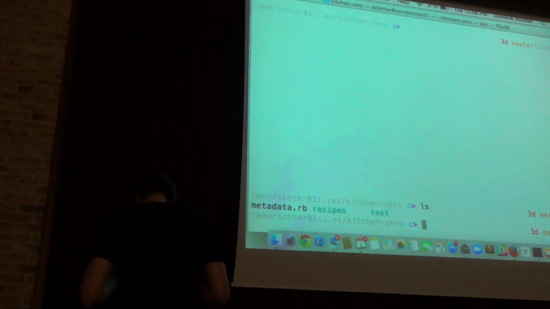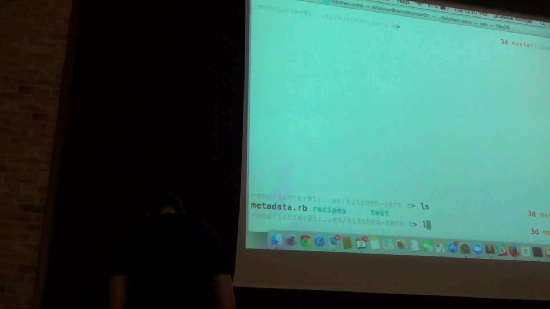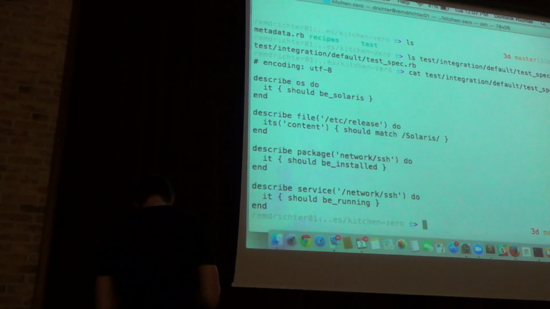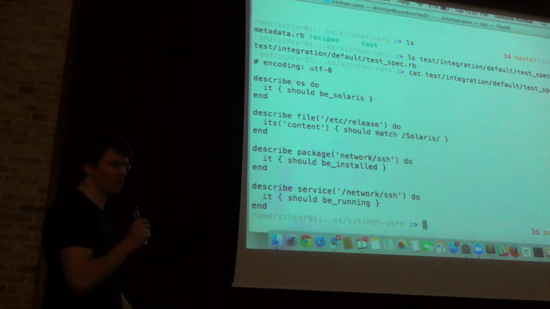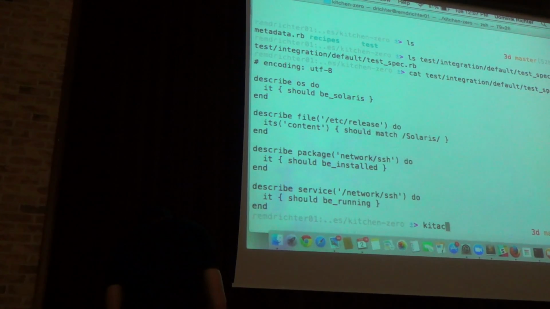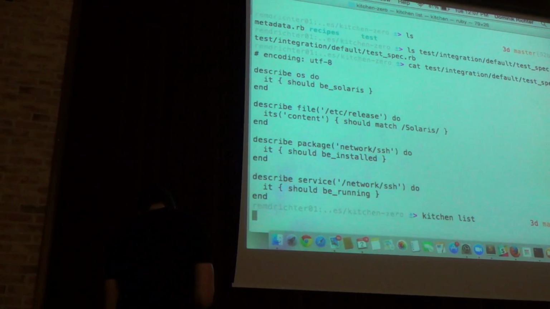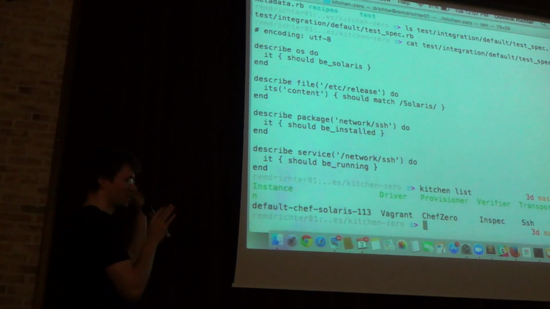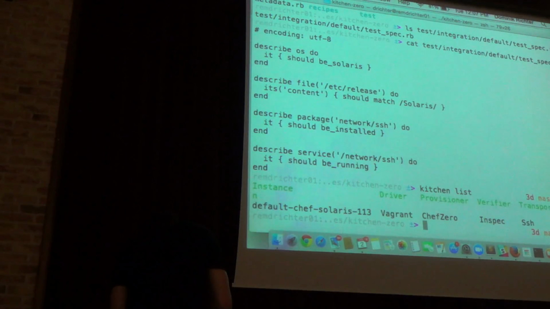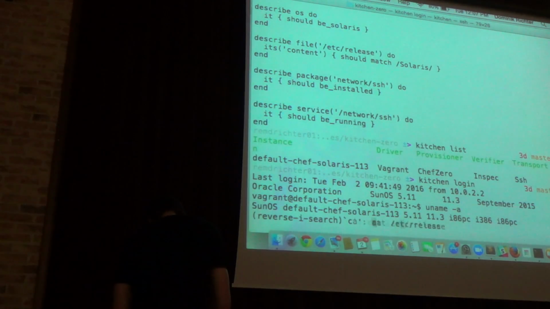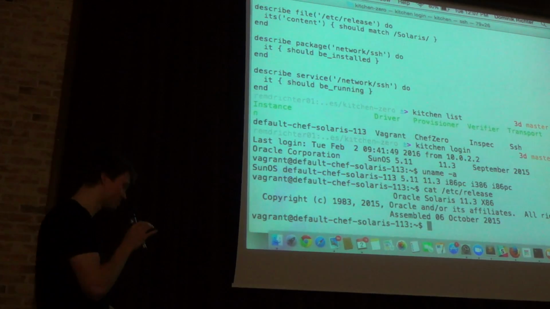This is really hard with a microphone. You can see it here. It's basically the same thing. If I were to run this natively, it would basically give me errors, but I'm running this with Test Kitchen now. So if I do a kitchen list, you'll see that I've got Solaris running here. If you think I'm talking my ass off because I just changed the name, then we can just do that or that. That's a real Solaris box.